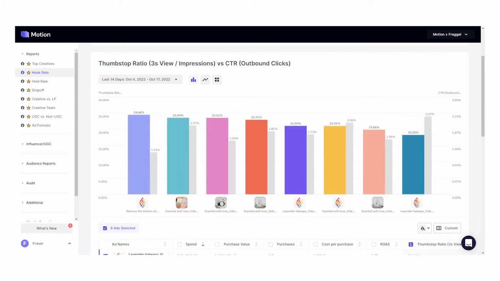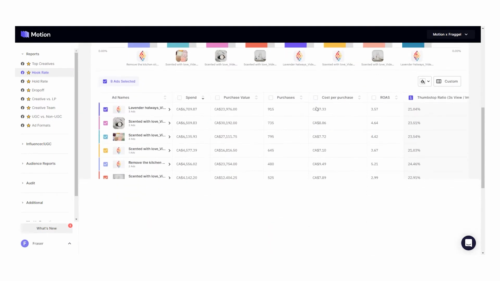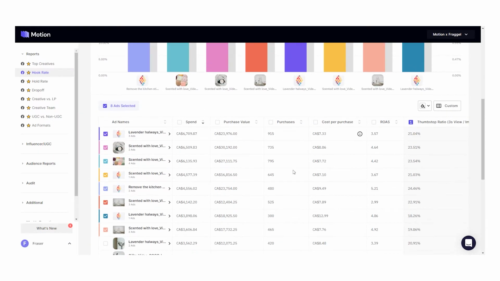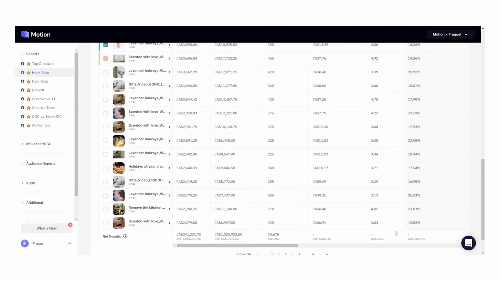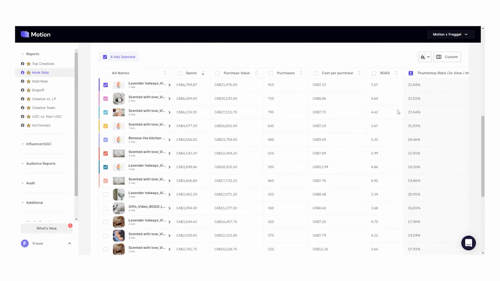Does a high click-through rate necessarily mean that we're getting a good click-through rate? Sometimes that's not always the case. Just looking at your thumb stop rate can be kind of misleading sometimes. We've had adverts with an incredible thumb stop rate of like 30%, but it hasn't led to many clicks. So in that case, it's hooking people, but we need to do something else in order to get people to